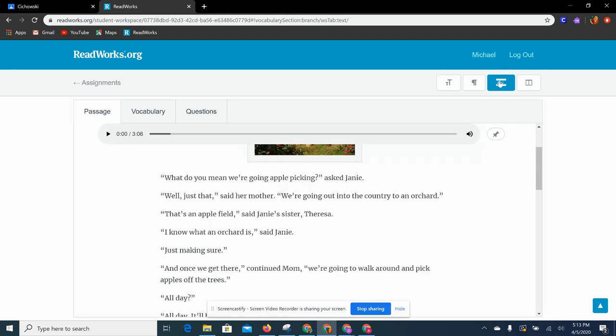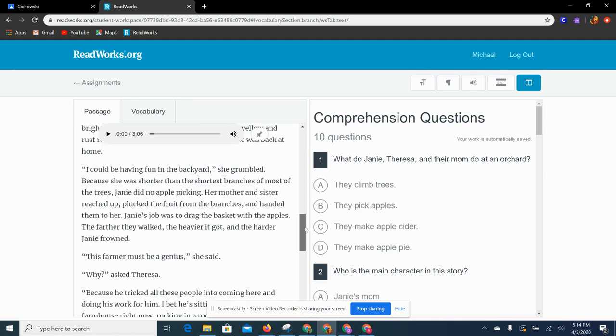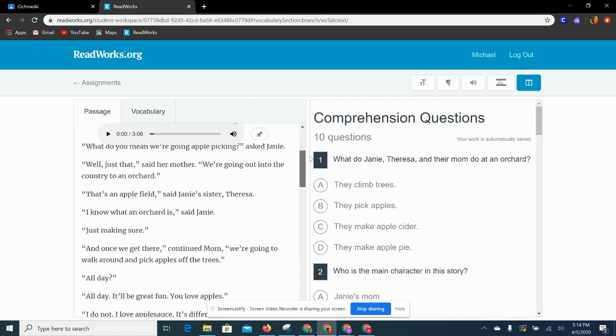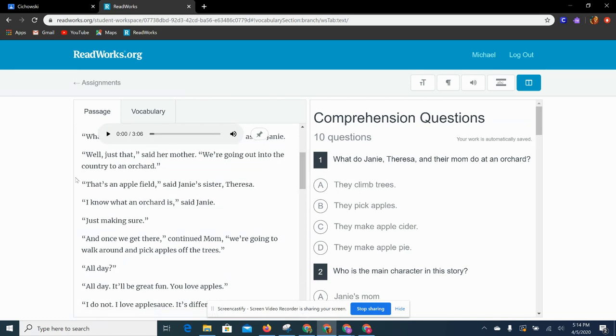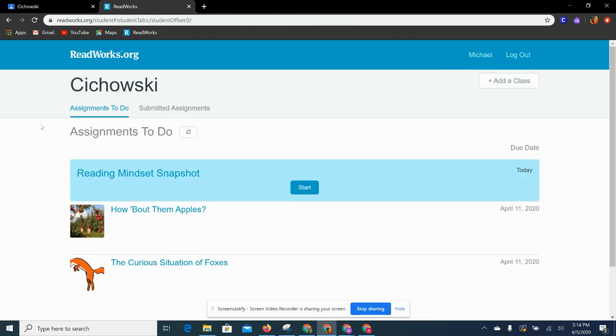And then when you are answering the questions, here is a side-by-side view. So here it has the questions, and then it also has the passage over here. So then you can see the passage and the questions, so that way you can go back in and find the text evidence that you need. So those are the features for the ReadWorks assignment. I'm going to go back to assignments,